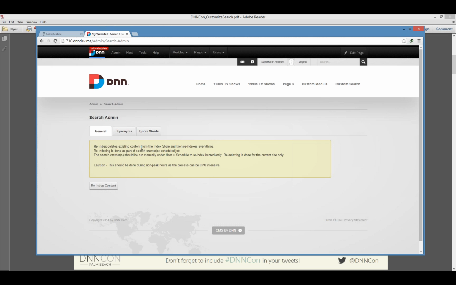And then re-index content and the site crawling. So most people say, okay, I went to admin, I went to the search admin, and then I clicked on re-index content. Nothing happened, nothing changed. Well, the reason is because this button really doesn't do anything. The re-index content doesn't do anything. What it does is it actually resets the date in which the crawler will ask the